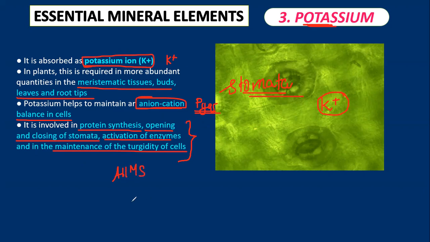This has been asked in an AIIMS question. Match the following. Four elements with four different functions have been asked. So match the following type of question is very common from this chapter in order to test your compatibility and your hard work. Instead of asking a single question like name the element which is required for the opening and closing of stomata, they'll give you four elements, they'll give you five options in column B, and they'll ask you to match the following. So you have to study.